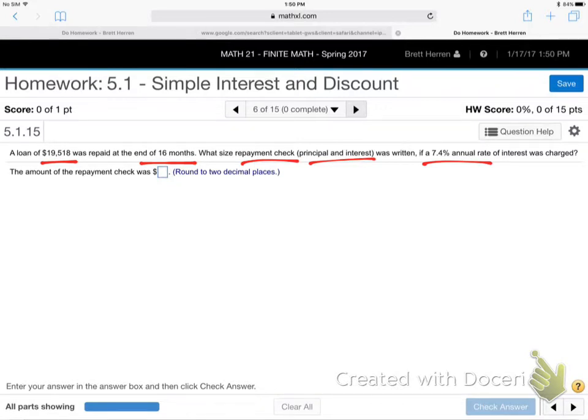Okay. So what you're going to want to start paying attention to, what's going to get kind of confusing, is they can ask you how much the interest is, and then they can ask you how much the interest plus the original principal is. You want to watch out for those. They'll change it up back and forth like a pitcher that's trying to fool you with the fastball and the changeup. They're going to do that. This is the game they're playing. So you always want to ask yourself, do they want